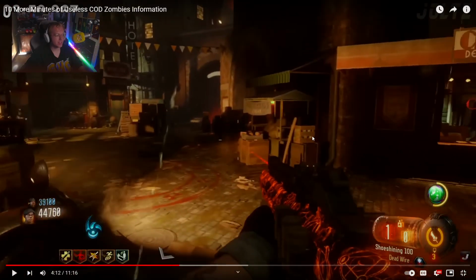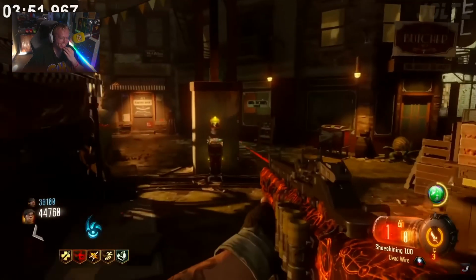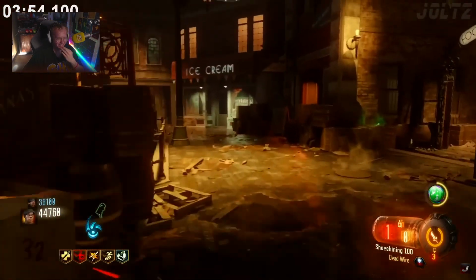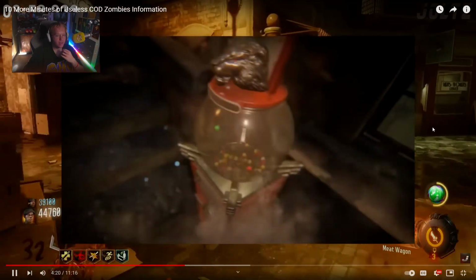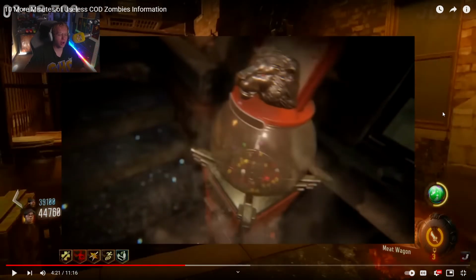When Black Ops 3 launched, the Gobblegum machine was only available at one machine at a time. It moved at the beginning of a round or when you bought a Gobblegum. If you played BO3 pre-Der Eisendrache, you know the struggle of this thing disappearing and just not being able to